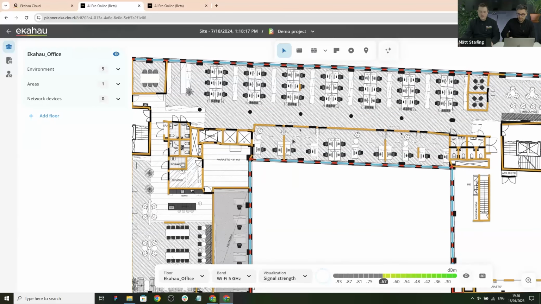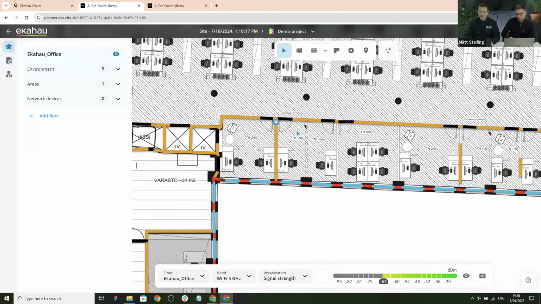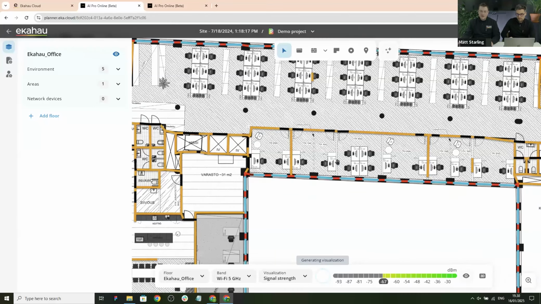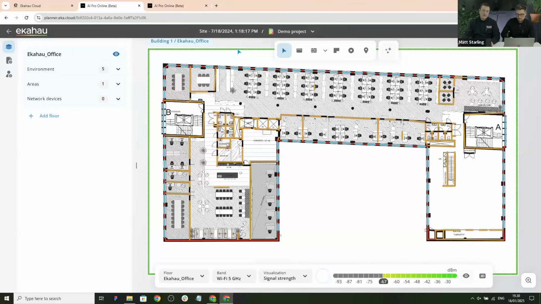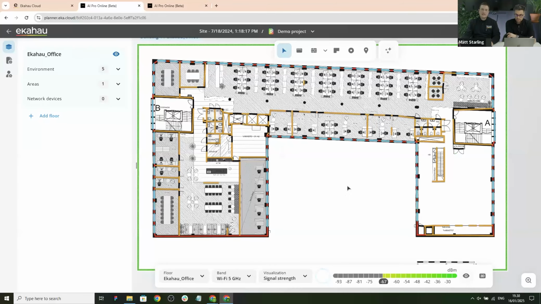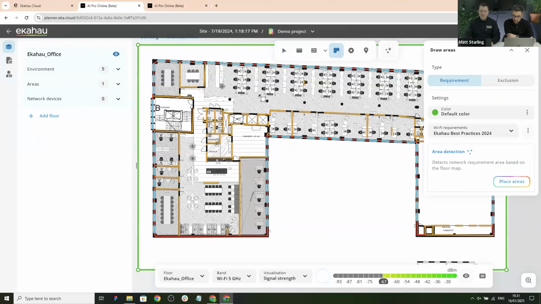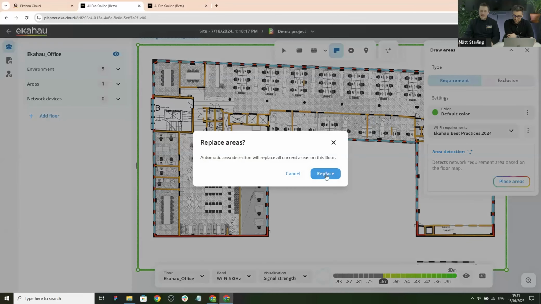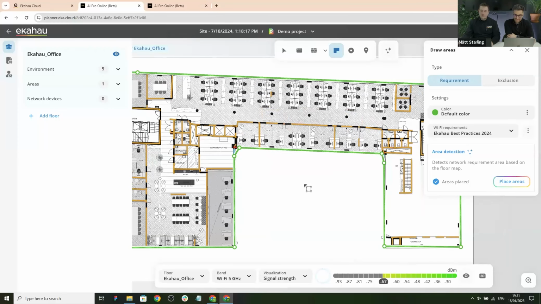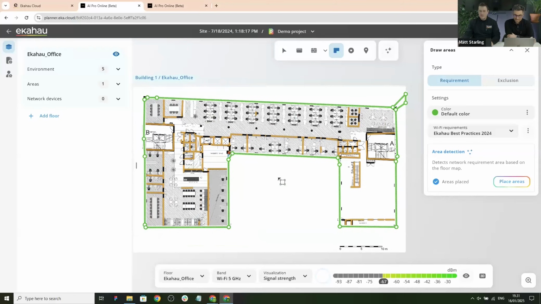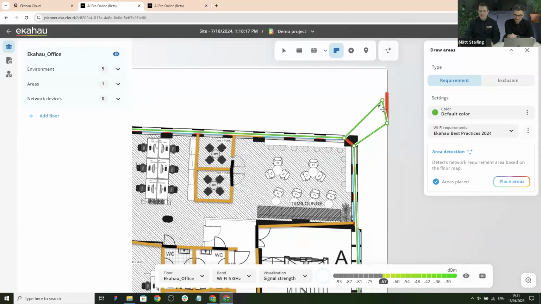Yeah, absolutely. Of course, you might need some fine tuning here and there. So make sure you check that all the walls are in place. But another thing you might want to do is that we have a requirement area which covers the whole image. That's maybe not always the case where you want your network to be planned. So you can draw your own requirement area. And we also use automation there. So you can just use our auto area detection, replace the existing area, and it will use outer walls and room detection just to make it more precise to your needs.